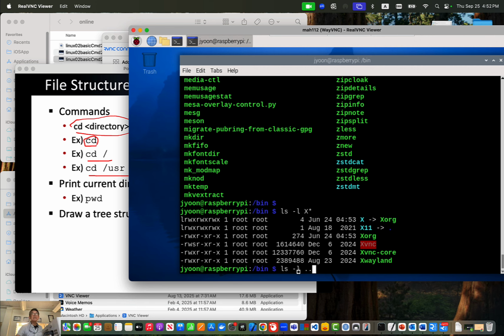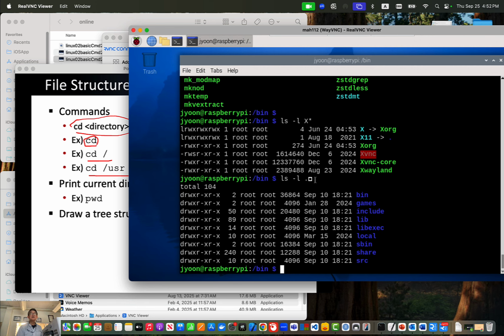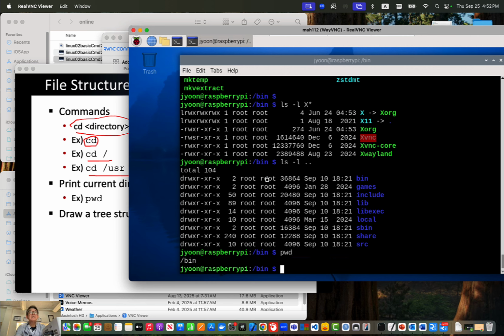ls -l, then I can see here. See ls -l .., then my parent's here is bin. My parent is bin. Where am I? pwd. Okay, so I am in the bin directory. So if I want to go up, then this is